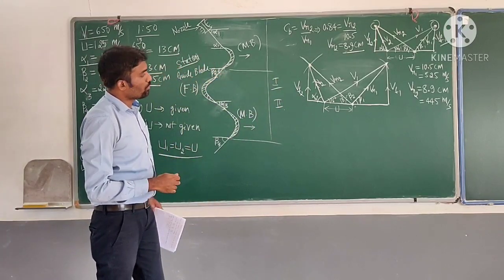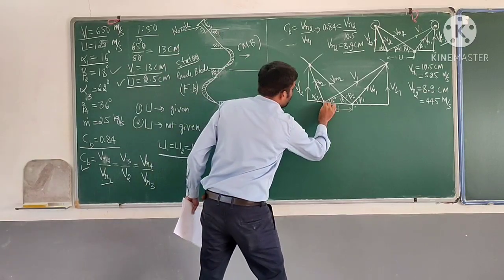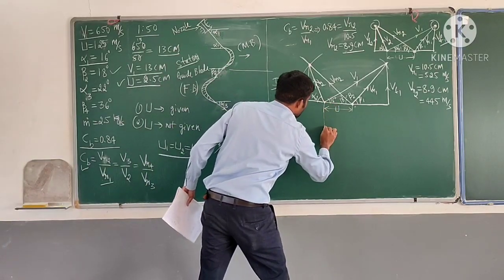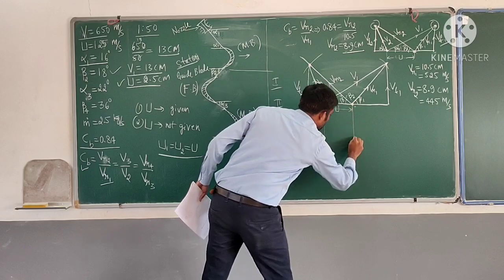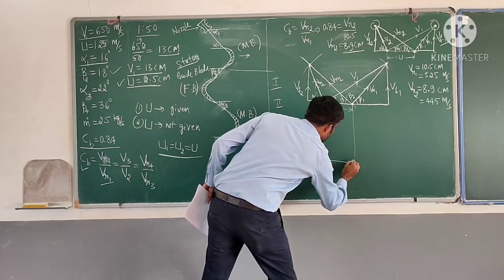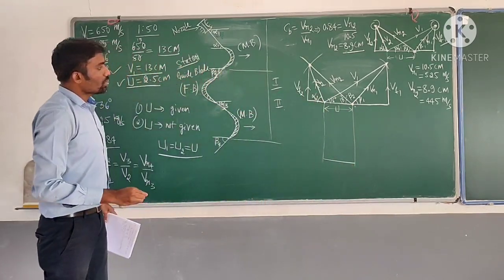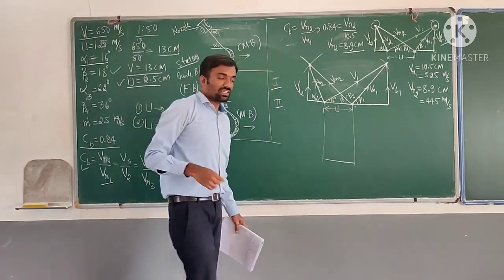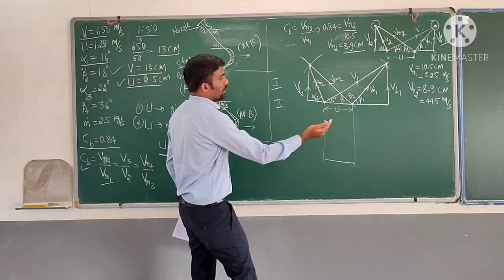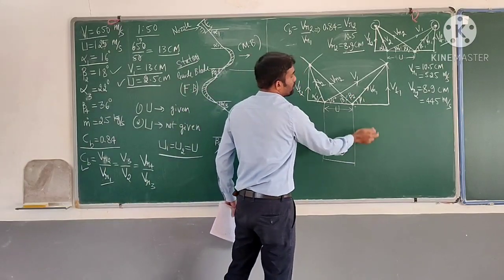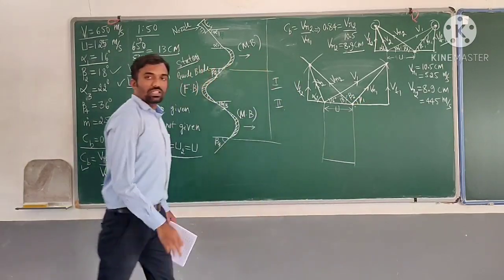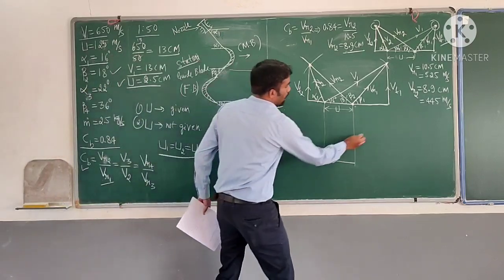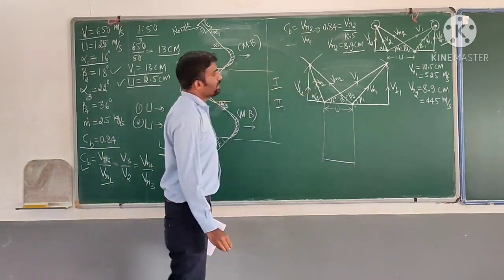Then in the second row, what do we have to do? We have this length U. As I told you, it is not changing; it will be the same. So just extend this U, then draw this U once again. Now again, I have to start from the second stage towards the right side. Right side means it will be inlet. So again I will be drawing this side, which is representing inlet.